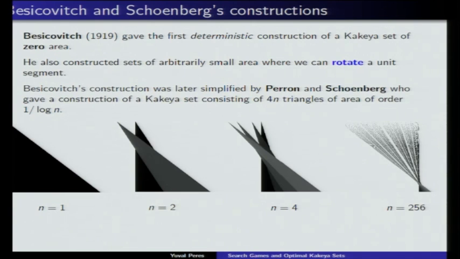But really, once you can think of this as a problem with real finite content, in the sense that instead of talking about zero area in the limit, suppose you can measure this by saying you want it to contain a unit segment in every direction, and you want the epsilon neighborhood of the set to have small area as epsilon goes to 0. So this is something you can measure. Okay.